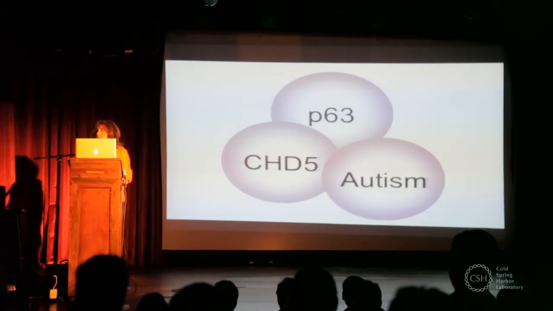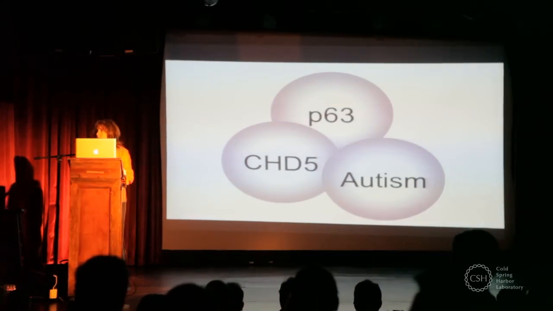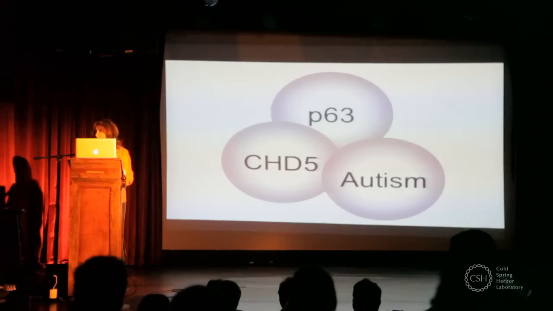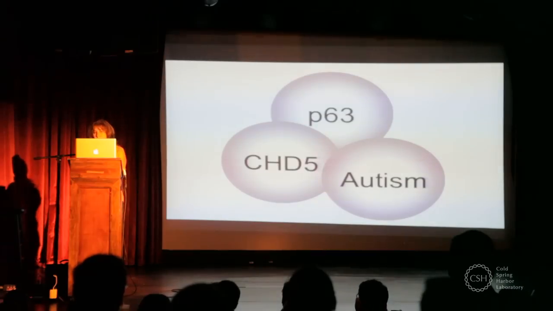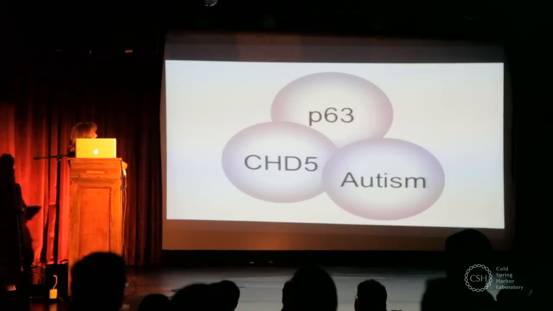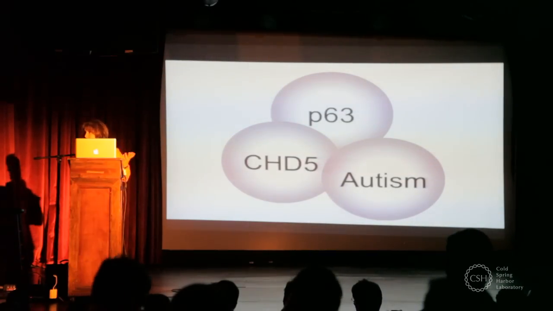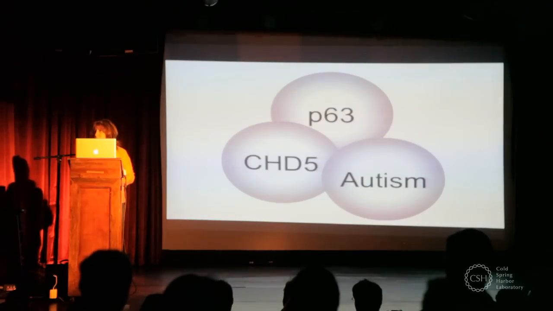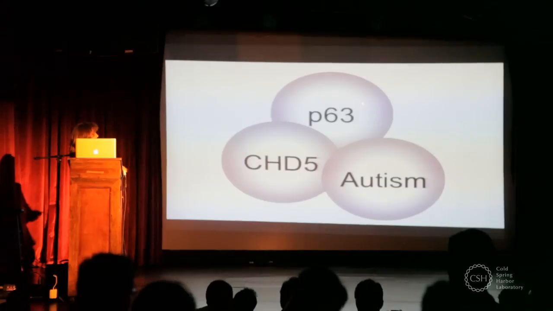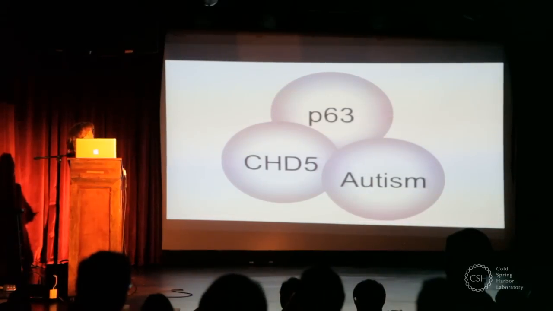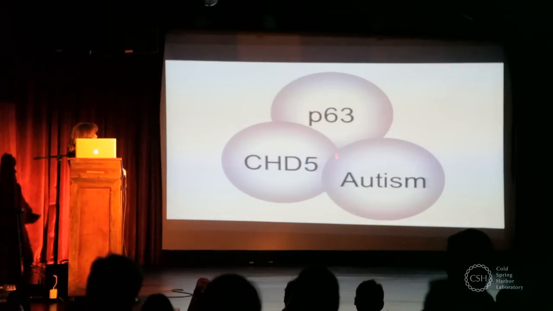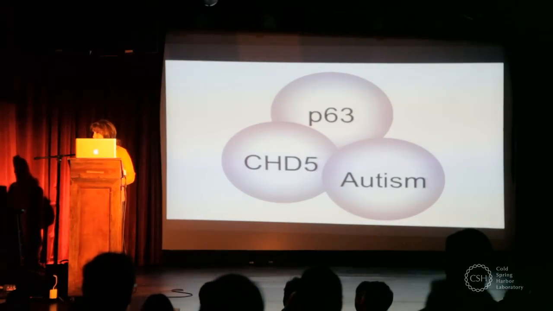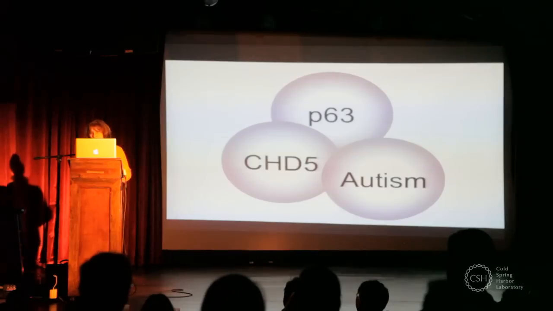And I think as a scientist, it's really amazing to have one discovery in your career. I've been really lucky and have three basic things that we study, and we've had three major discoveries. So what I'd like to do tonight is to give you vignettes of some of these projects. We work on P63, and I'll tell you how we came about working on that gene, and also CHD5. These are both cancer-related projects. But what I'd like to do is to tell you about some of our most recent discoveries